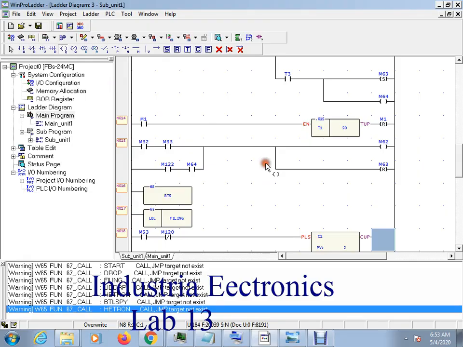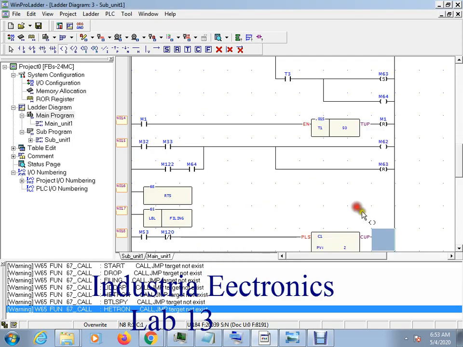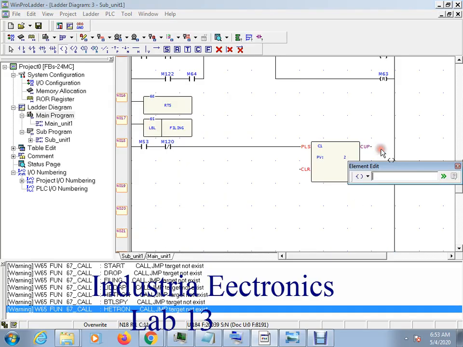If M3 is on and M120 is the auto start. If it auto start, it will move the counter on, and if it will complete up to 2,